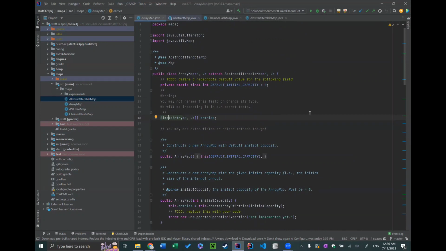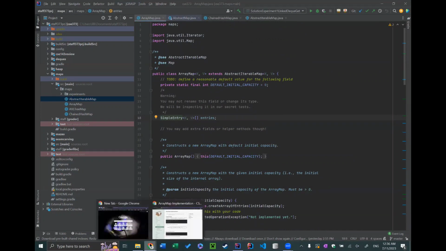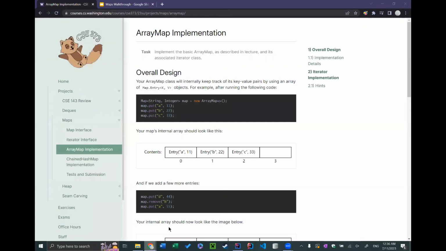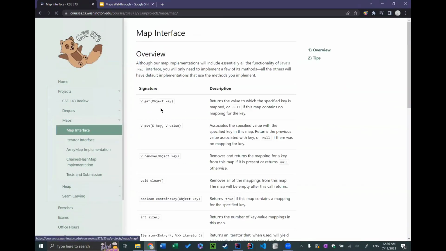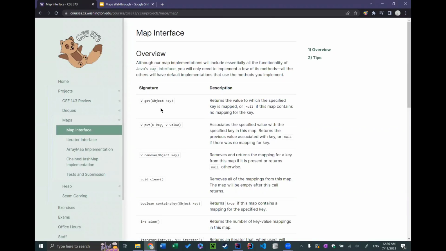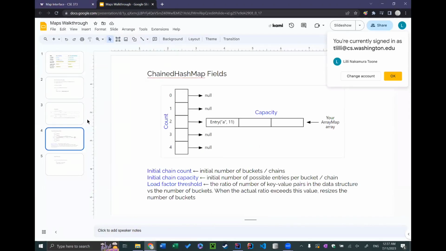The second important point that I want to make is also listed on the spec, but is often missed. There may come a time when you want to check for object equality, but you're not sure if one object is null. So for example, if you're comparing keys, you might not know if one key is null or not. In that case, you're going to want to use